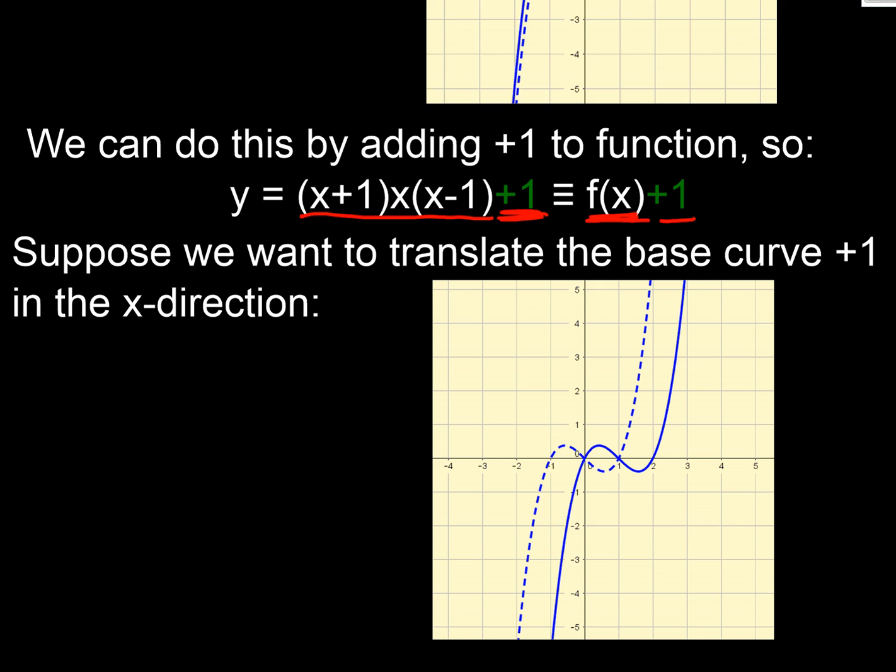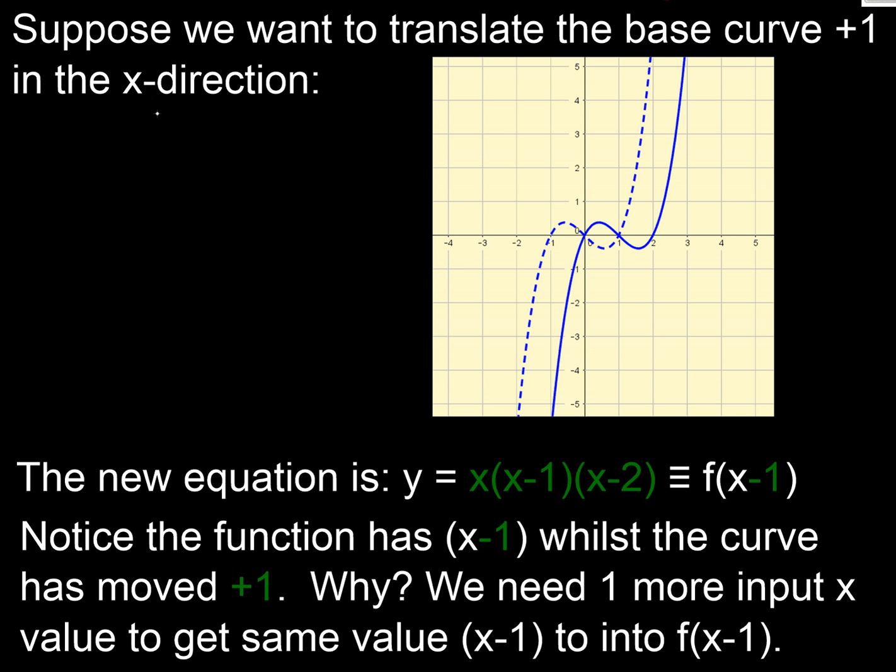Okay, let's have a look at what happens if we want to translate in the x direction. So let's go with (1, 0). So we're going +1 in the x direction. Well, we can see that each of the points on our original curve has been moved across +1. That's what we're trying to achieve, isn't it? And we can see down here that our three roots have also been translated along as well. So rather than being at -1, 0 and 1, they're now at 0,